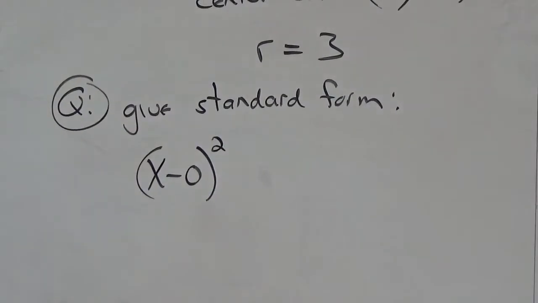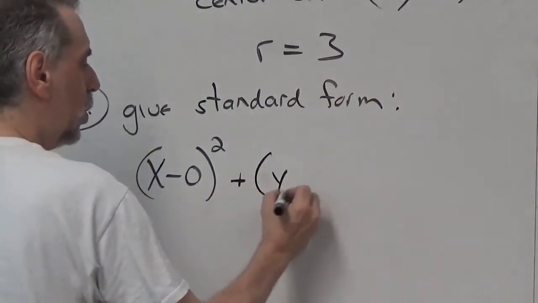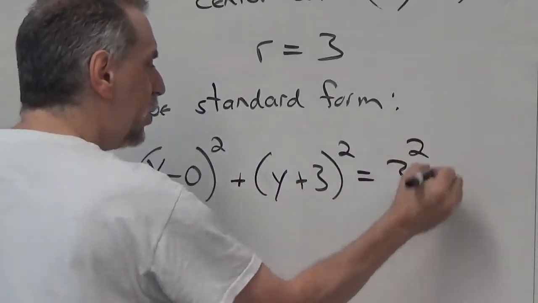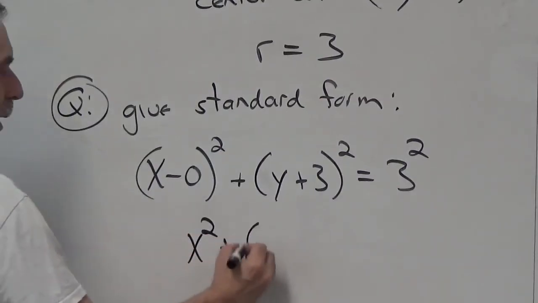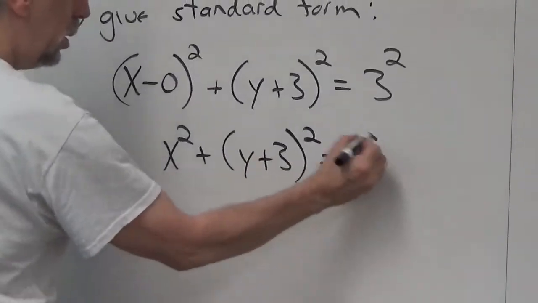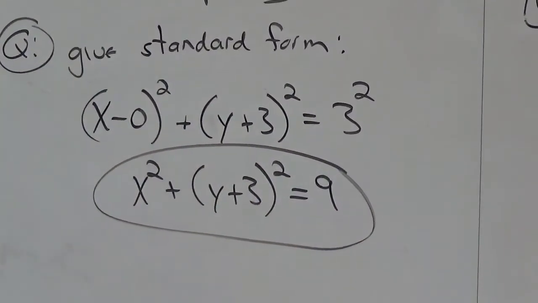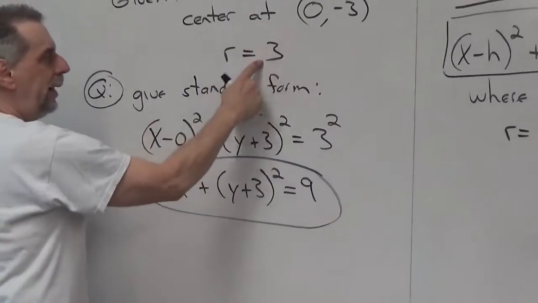Now it's y minus a negative 3, so y plus 3 squared, and the radius squared. So you don't really need that 0. So it's x squared plus y plus 3 squared equals 9. And that's the standard form of the equation of a circle whose center is at 0, negative 3, and whose